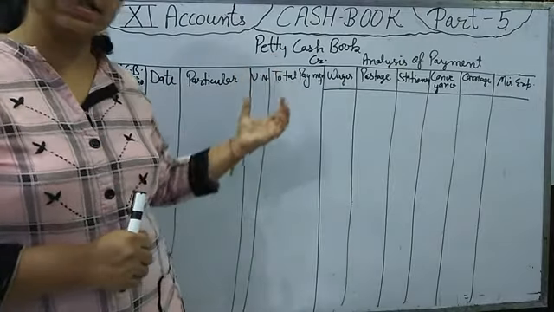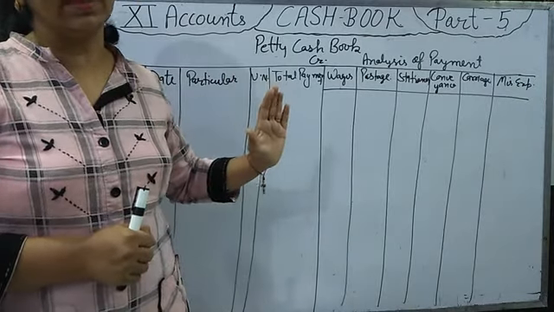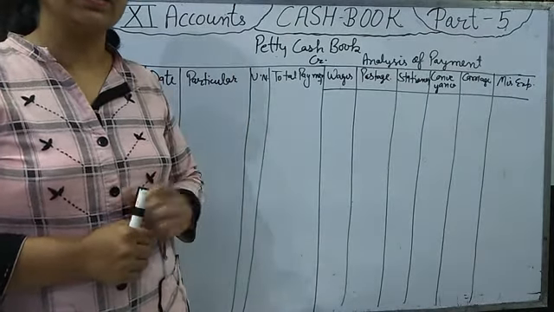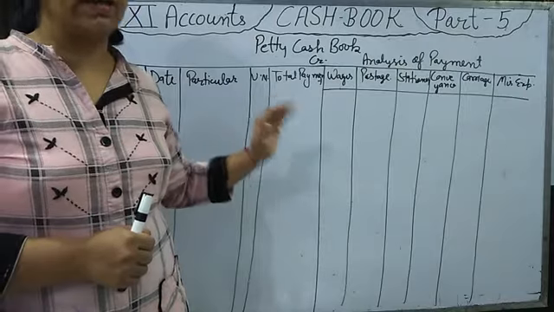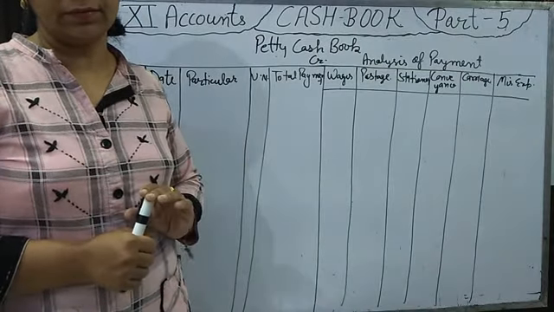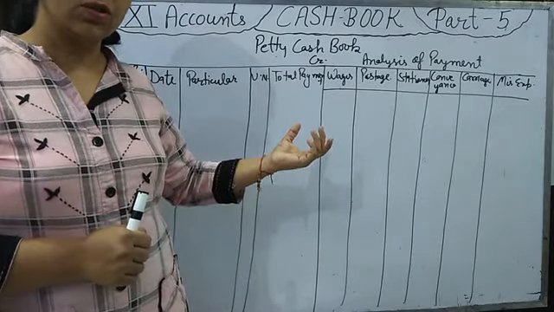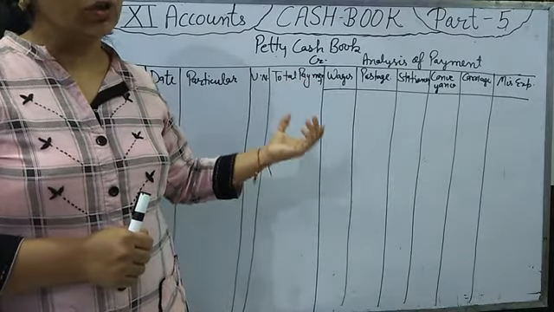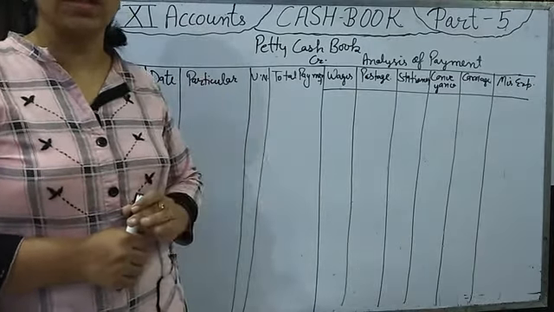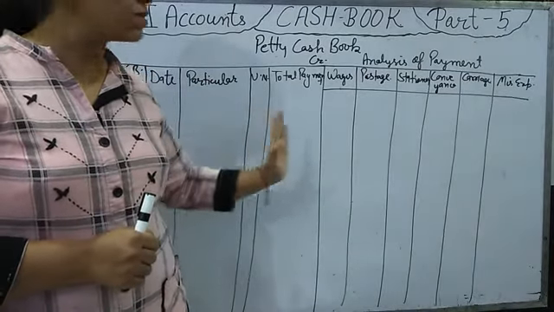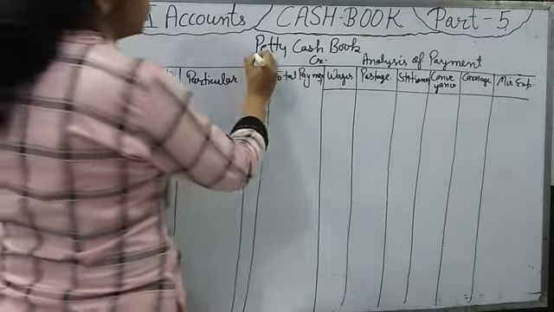Say he has received 500 at the starting of the month, and in the whole month he has paid rupees 450 to pay the small expenses. Then 50 rupees are left at the end of the month with the petty cashier. Then again 450 is given to him, so at the starting of the next month, the total money with him is again rupees 500. Then again he pays the small expenses from that 500. So like this. Okay, so what is the proforma of the petty cash book?